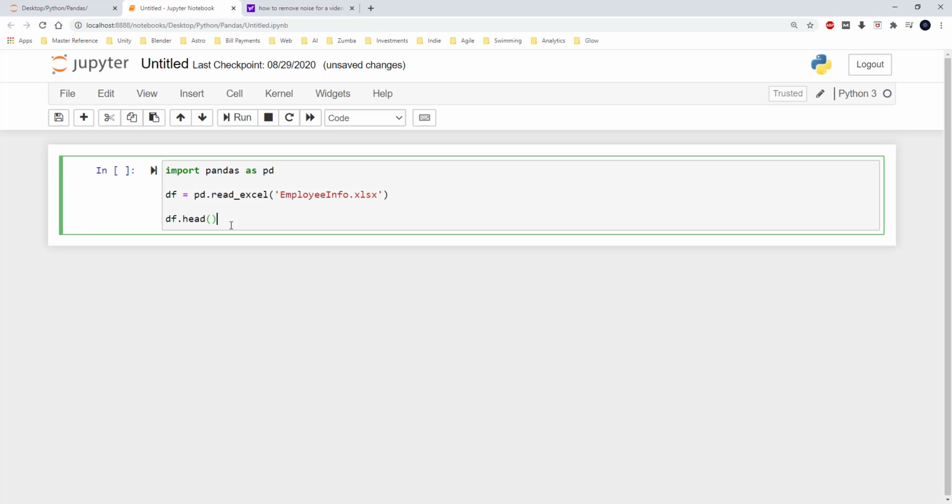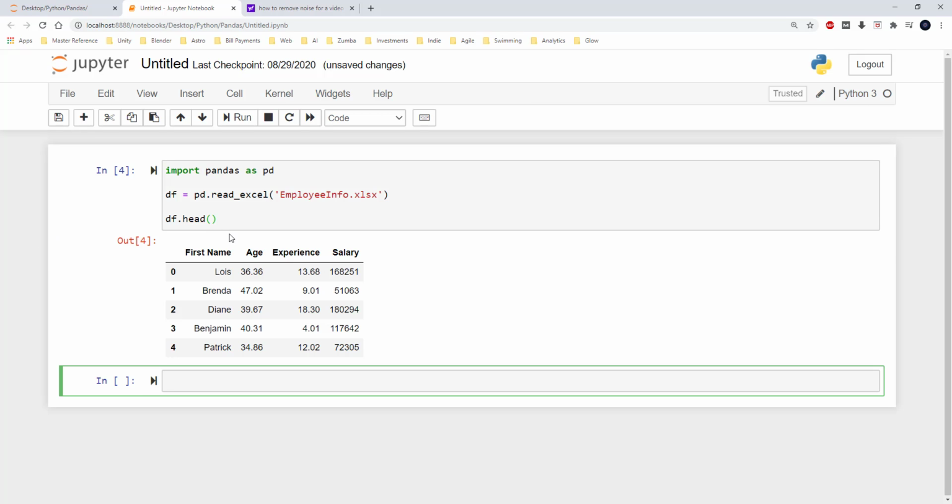So I am running this piece of code, and in order to do that in Jupyter, I am using the command Shift and then pressing Enter. The df.head method returns the top 5 rows of the data in the data frame.